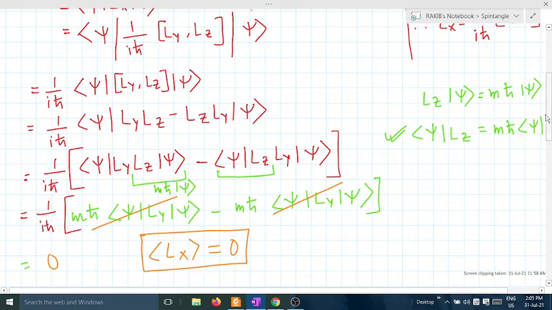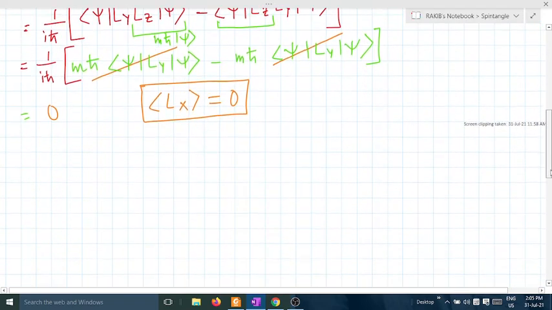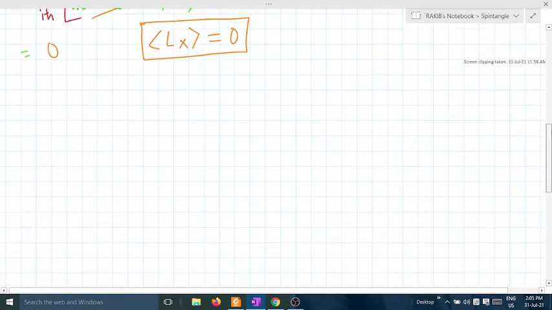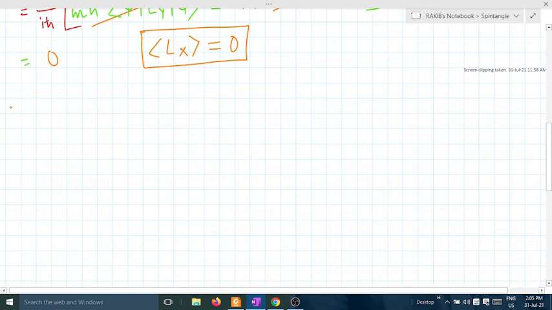This one is the first part of the question. Going to the second part. Okay, second part. Let me check what was the second part. The second part was, what is the value of Lx square operator? Okay,